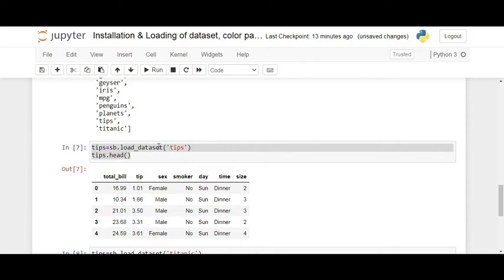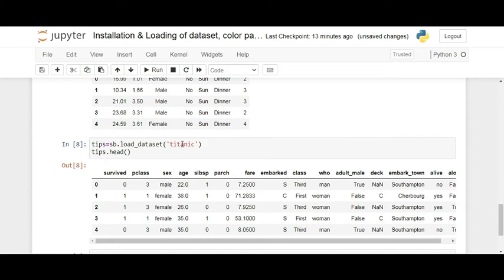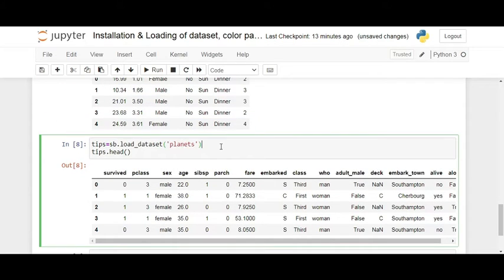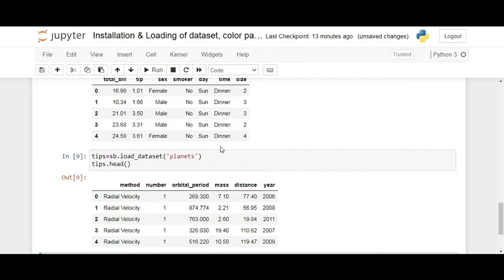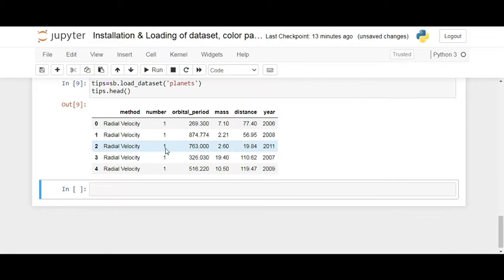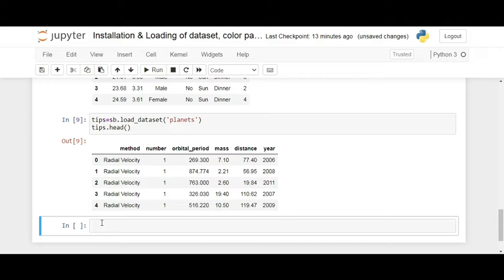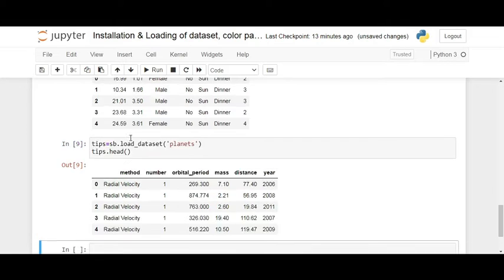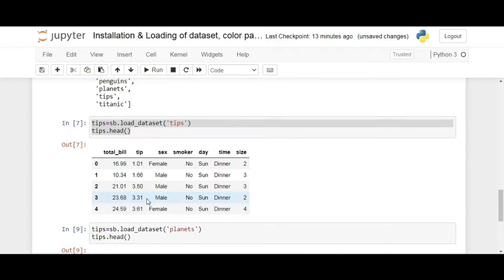Instead of that, if I use the planets and paste it here, so the planet data is available. Now one more thing, sorry, I have to change the names here so it won't conflict.